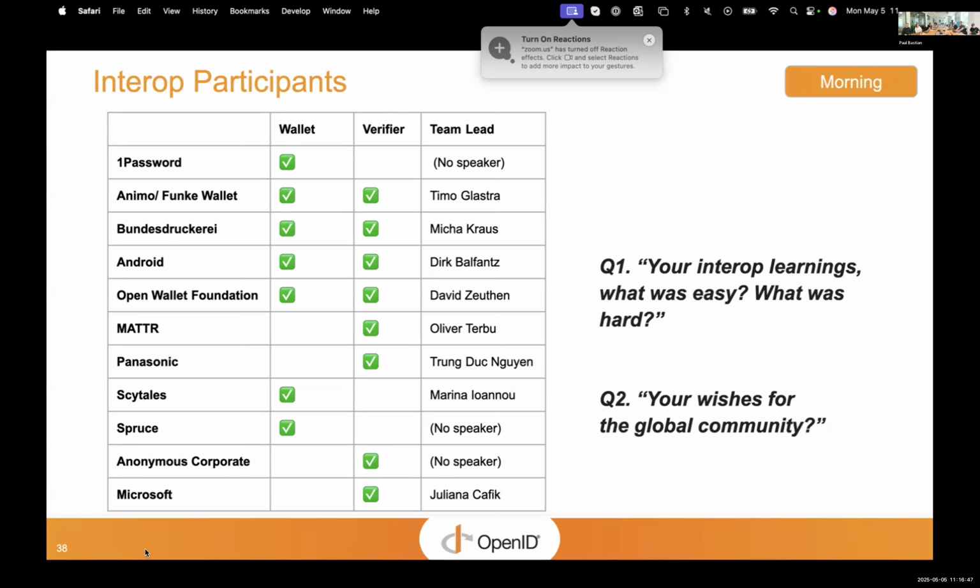I think I can safely say this has been a very, very enlightening experience over the last few months. When we started the project with Nest and architected it, our view was that interoperability was a long way off. There was a lot of divergence in implementations and understanding of where the standards were and how much energy it was going to take to align them, not just the DC API, but the OpenID for VP spec, plus the implementations, the trust list and the verifier.